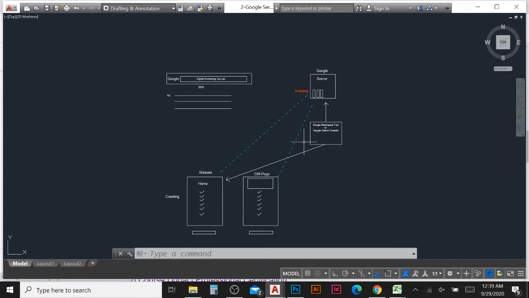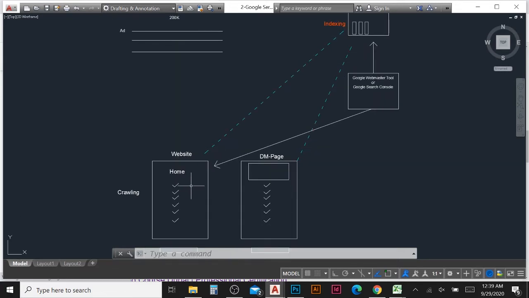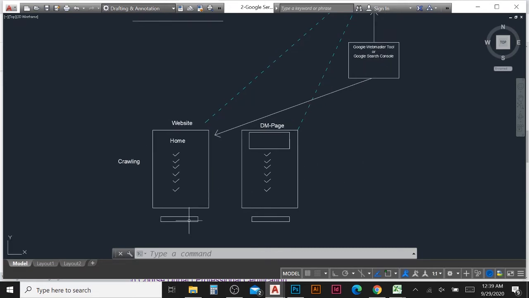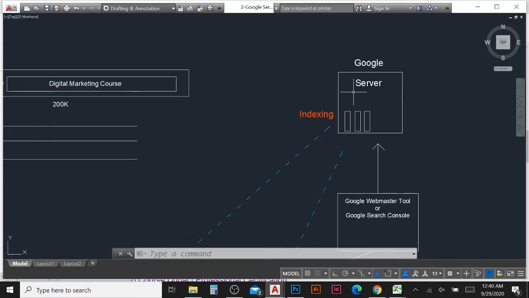In the last video we already discussed the crawling and indexing part, and the machine learning. So the Google robots will go to your website, and when they crawl they will check whether your criteria and policy are done or not. We didn't discuss that in that video. So what are the criteria that we are going to do next? Once the criteria are done, the Google robots will crawl your website page by page, each page. Then they will download the file and bring it to the server. So the file will be on the server, and when the file is there, the machine learning will continue.